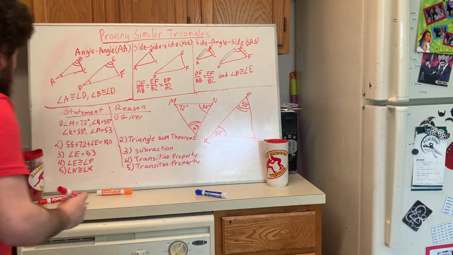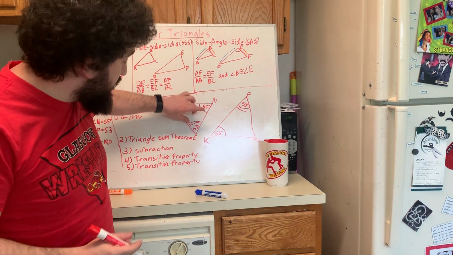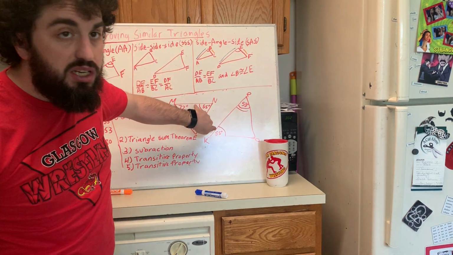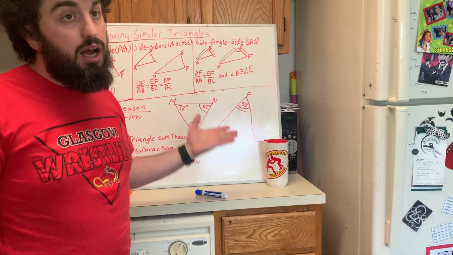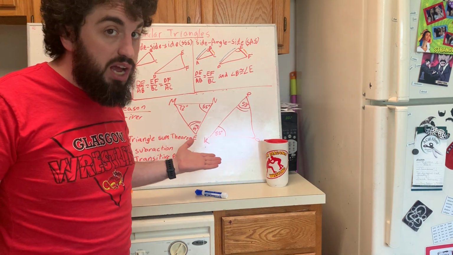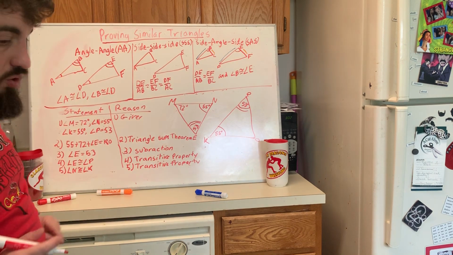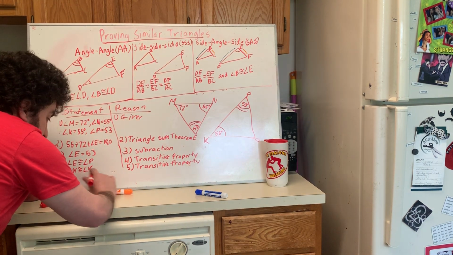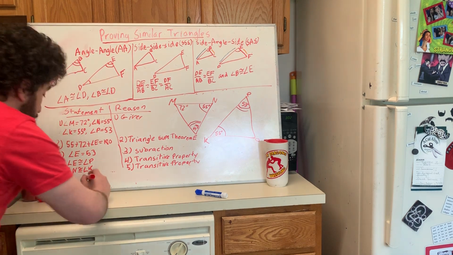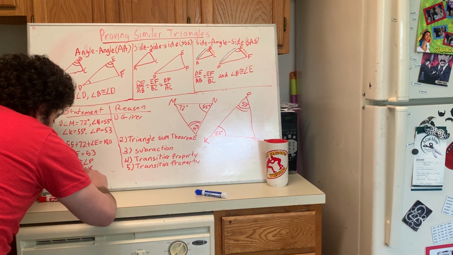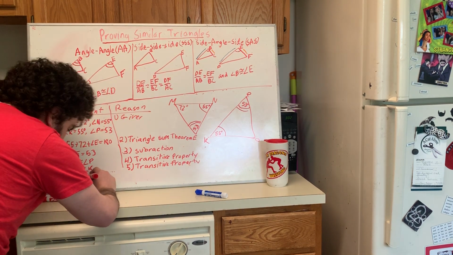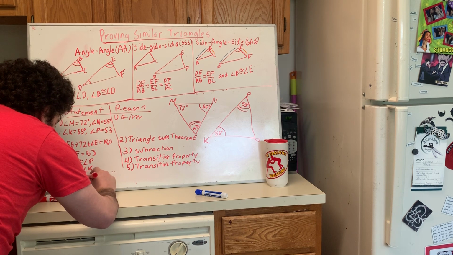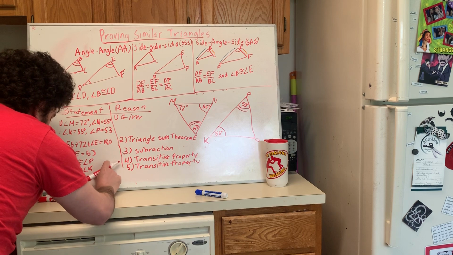Then finally, hey, if I know these angles are congruent and these angles are congruent, I've got two pairs of angles congruent. These triangles are similar through angle. So I can make one final statement. Triangle MNE is congruent, or no, not congruent,